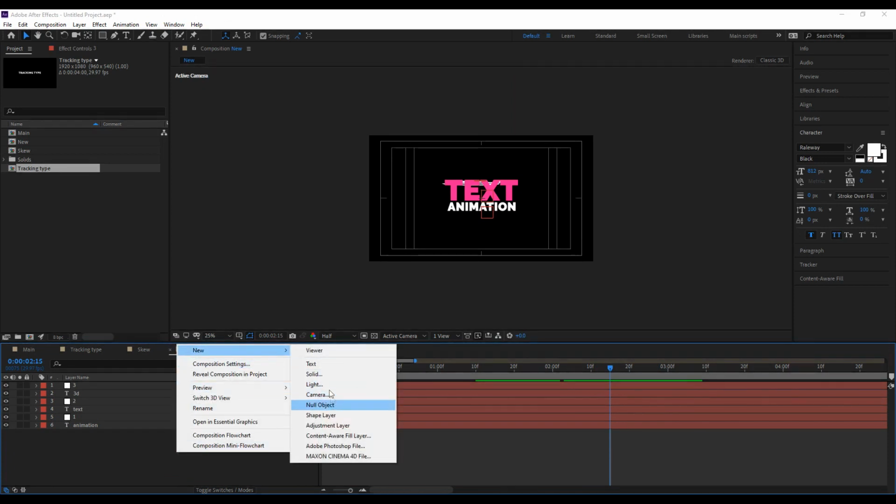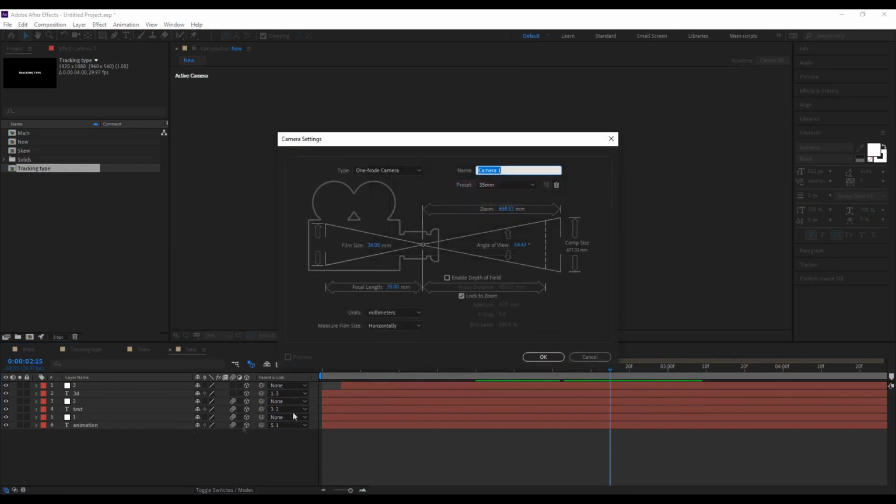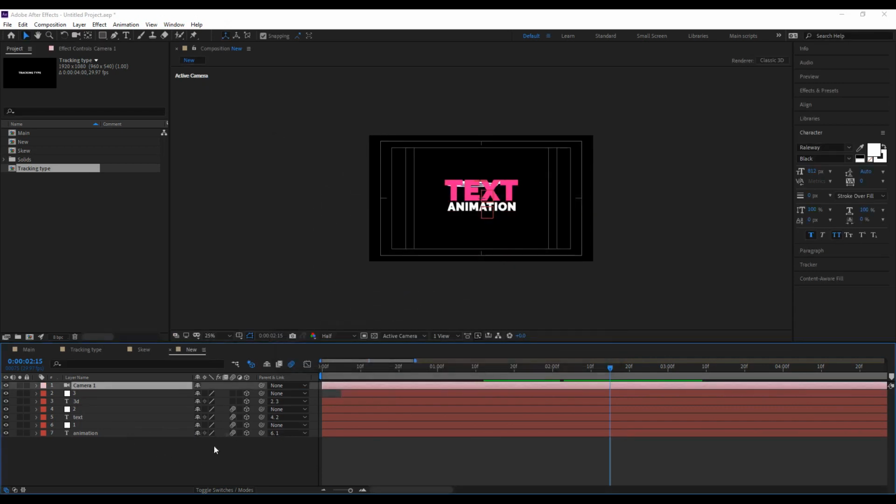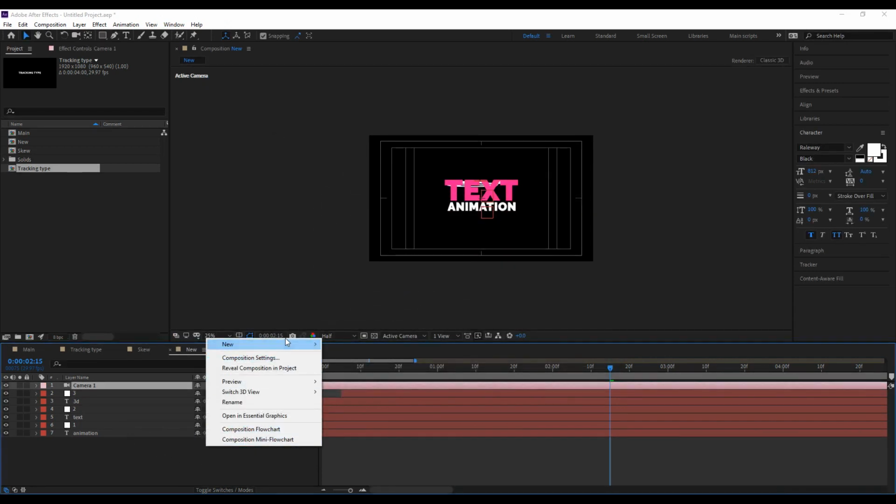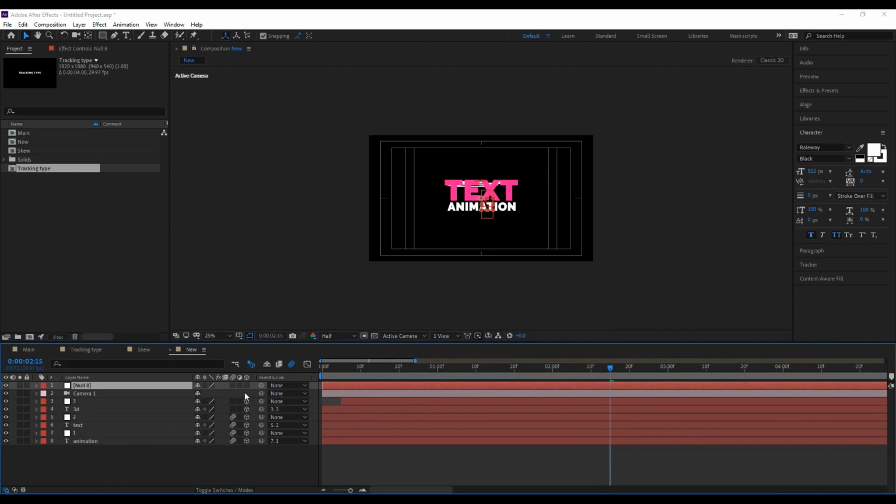Now create a new camera, one node camera, create a new null object to control the camera, make it 3D, rename the null object to cam, link the camera to the null object,